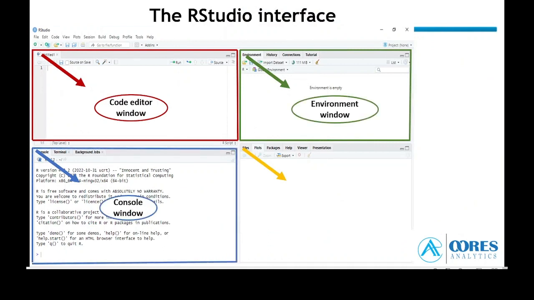The RStudio Integrated Development Environment, or IDE, allows us to interact with R more readily. When you open RStudio on your personal computer, you should see four windows. These are the code editor window, the console window, the environment window, and the plots, files, packages window. The code editor or source window is located in the upper left pane and supports direct code execution. In this window, you will be able to create R notebooks, R markdowns, display your code, create HTML documents, and